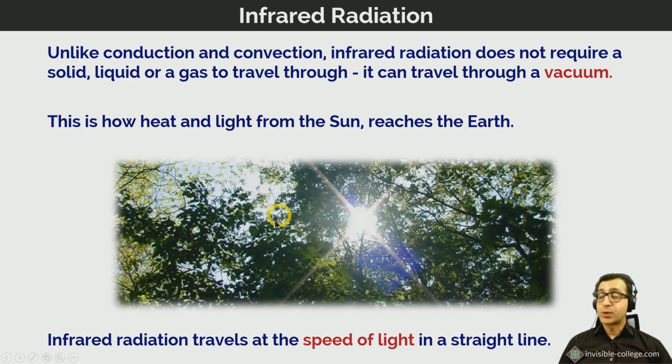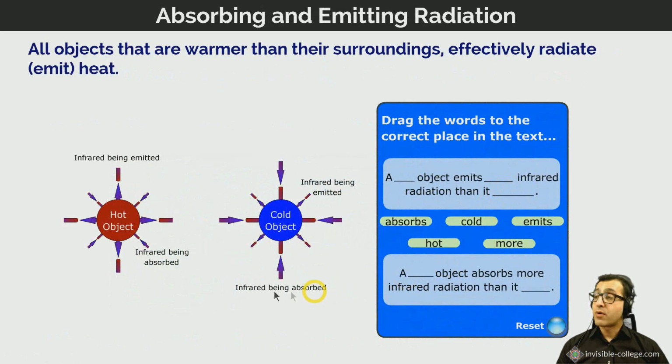Now, all electromagnetic waves travel in straight lines, and they all travel at the speed of light in a vacuum. And so infrared radiation, being an electromagnetic wave, also travels at the speed of light in a vacuum in a straight line. So objects which are warmer than their surroundings will emit infrared waves at a more rapid rate than they absorb them, whereas cold objects, objects which are colder than their surroundings, will absorb infrared radiation at a higher rate than